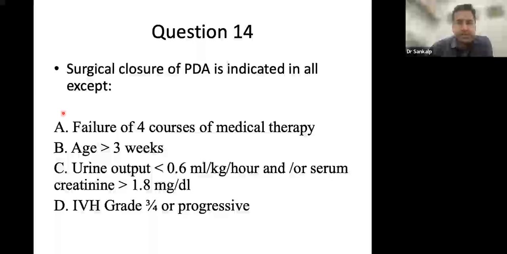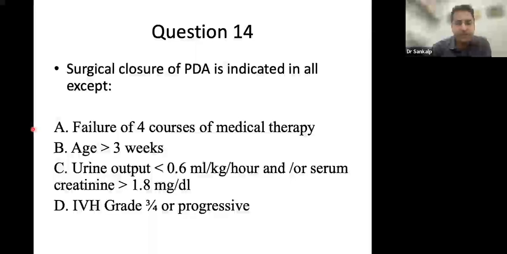Next question is, surgical closure of PDA is indicated in all except. So basically this question means that if you have a baby with symptomatic hemodynamically significant PDA, what would be the indications where you cannot do a medical management? So surgical closure is usually done when you cannot do a medical management. So if you look at option B, C, and D, all three are contraindications to medical management, and there are